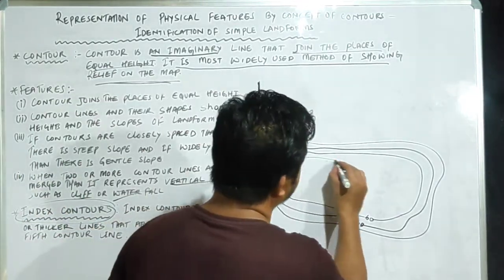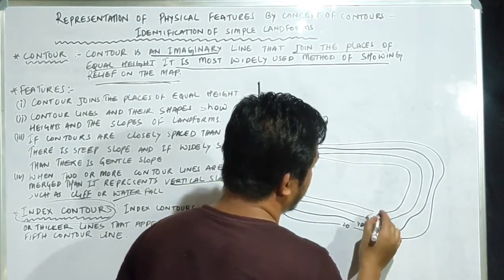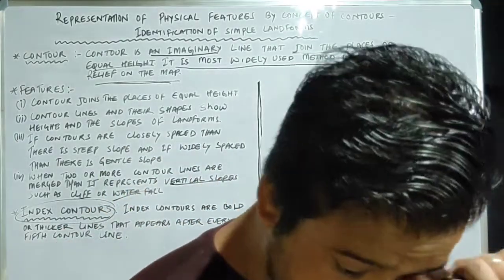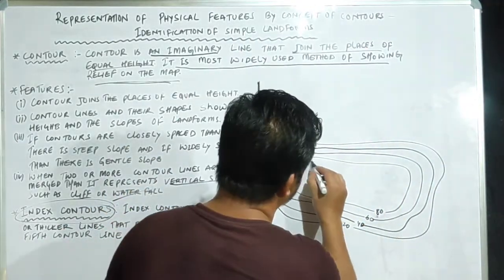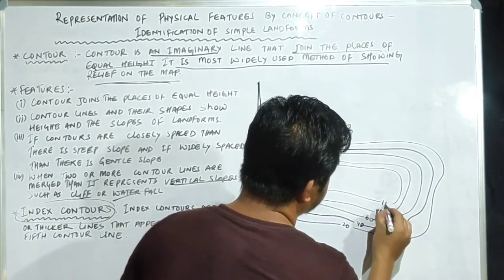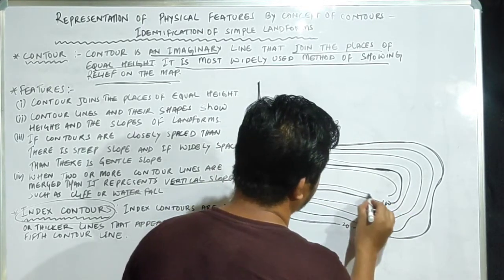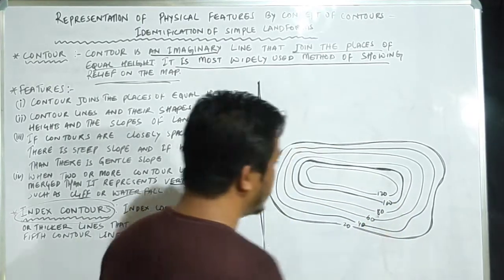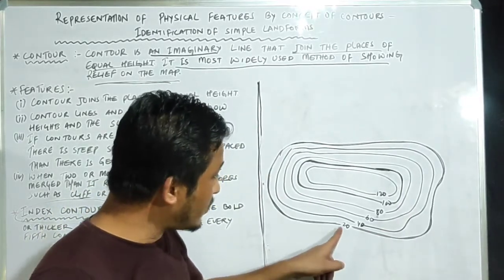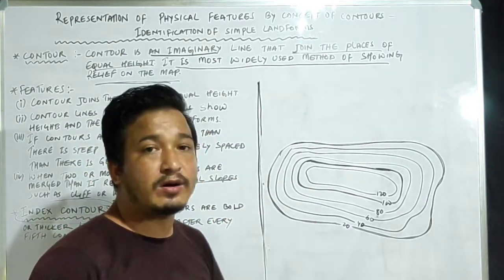And similarly, here we have another one, that is 80. Okay, then further here we have one more contour line and it is 100, and we have one more contour line, that is 120. Okay, so students, on your book you can see 20 meter, the contour which is showing height or the places